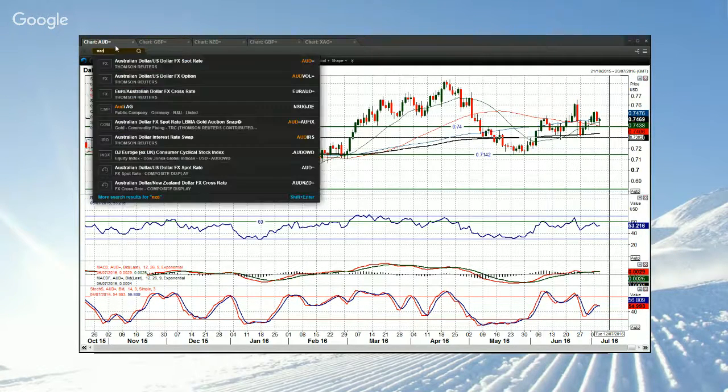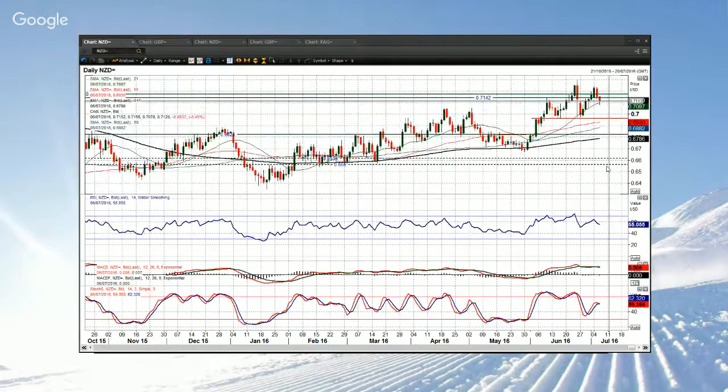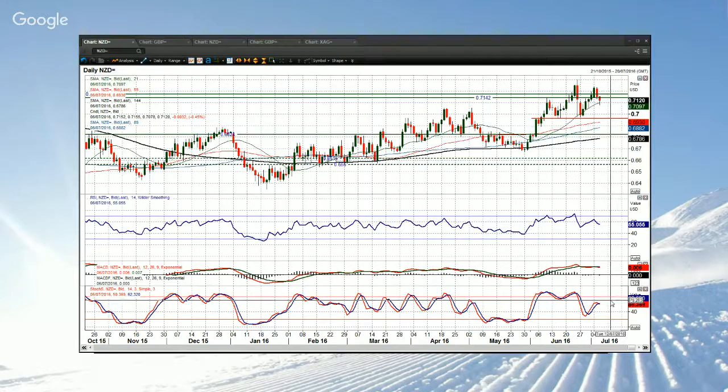You look at Kiwi, very similar actually, but a bit higher. Similar sort of top pattern possibly developing. Kiwi is weaker than the Aussie. Same pattern on the stochastics, rolling over again. Same issue on the MACD lines, flattening off. Same issue on the RSI as well, although it did get to 65, but certainly turning lower again. So both have very similar outlooks against the dollar, although the Kiwi is slightly stronger, it's not performing as well as the Aussie is today. But I think both of them are going to pull back to these neckline support areas here. And it'll be interesting to see what happens then.